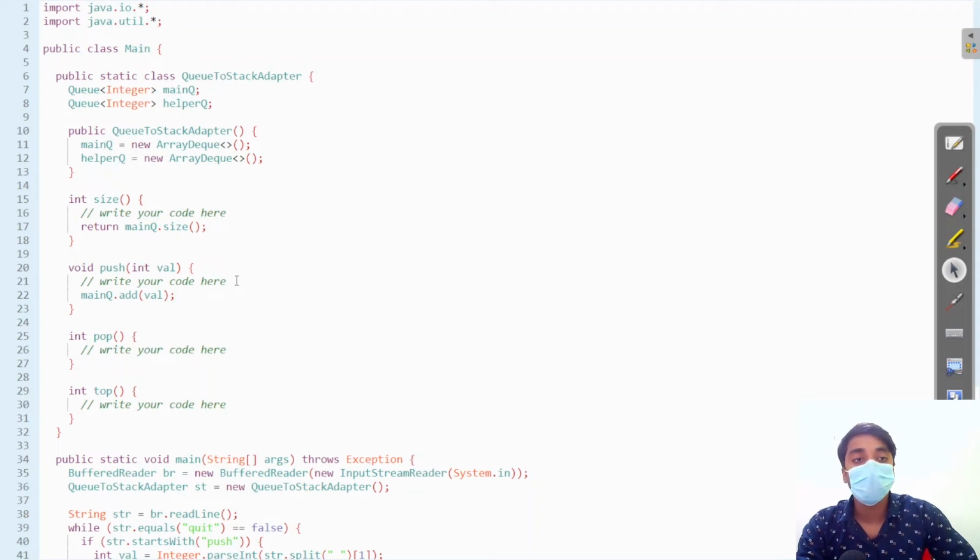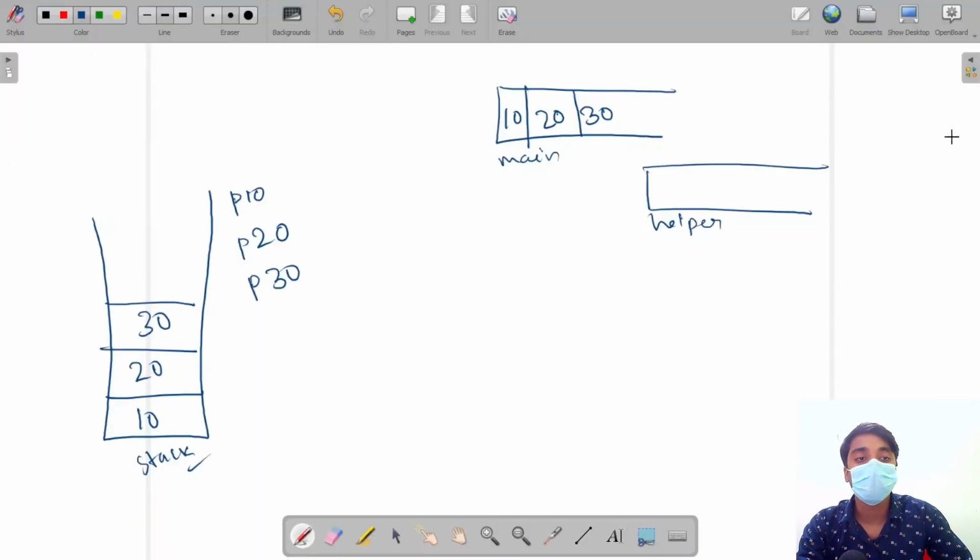Now for popping elements, if we ask for the pop or the top of the main queue. In the stack the value 30 is the topmost value, that is, on the top of the stack. In the main queue it is at the last of the main queue.